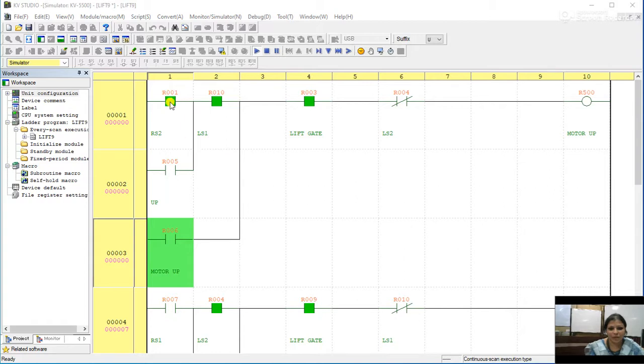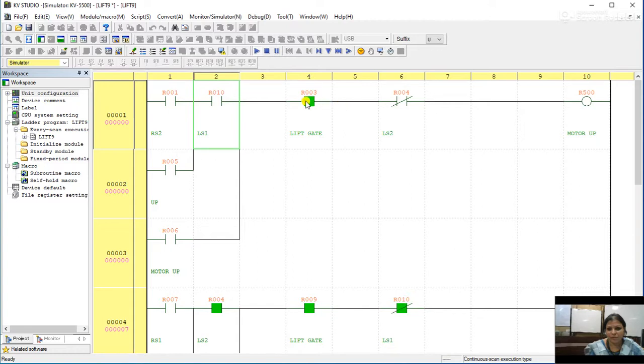So here, in order to show you the output status, I have to run it once again. So I am making sure that the limit switch is on, lift gate is on.